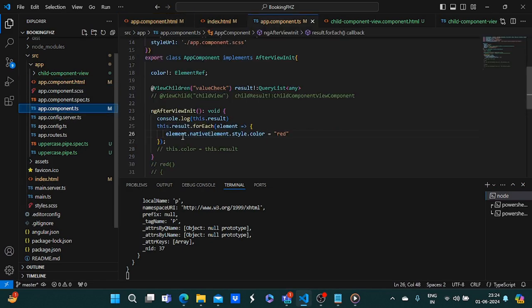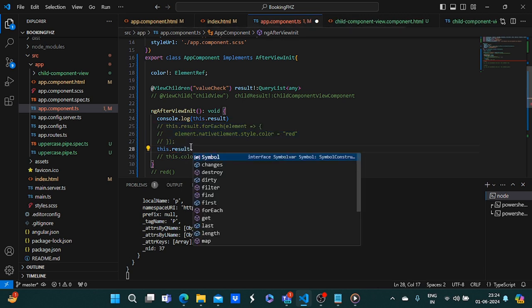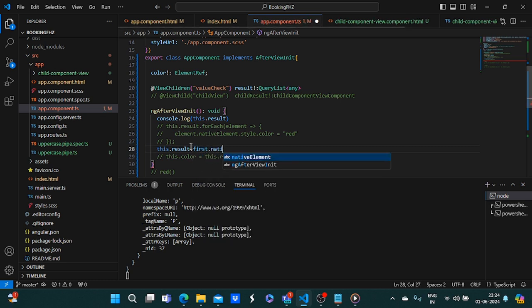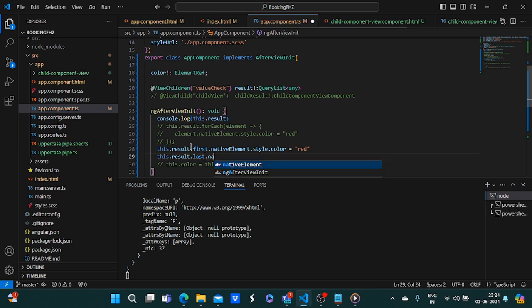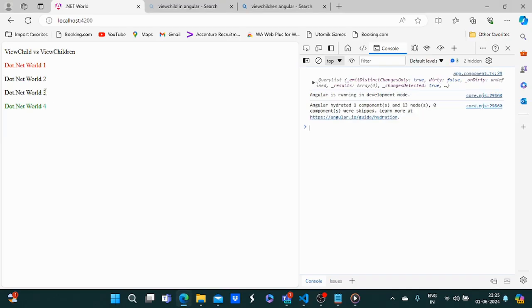Now if I want to change the color of the first and last element, we can do it this way also. First I am going to comment this part. This dot result dot first dot nativeElement dot style dot color equal to red, and for last I am going to use this dot result dot last dot nativeElement dot style dot color equal to pink. Now if I run this code, you can see the first and the last element have changed color to red and pink. So this is where you can use ViewChildren